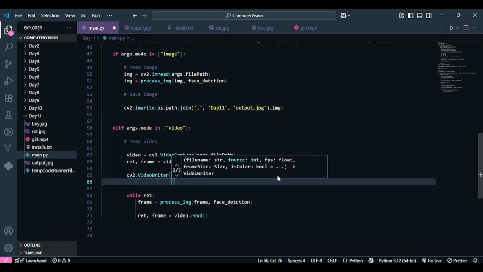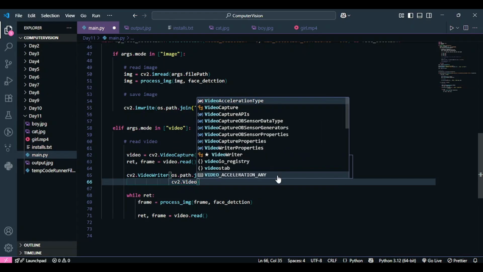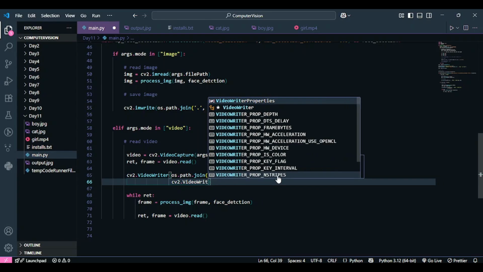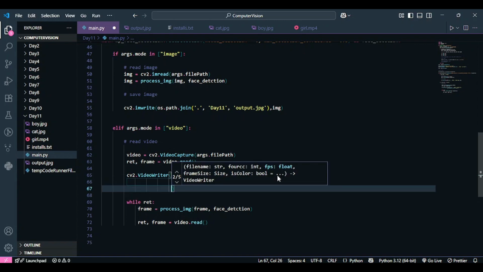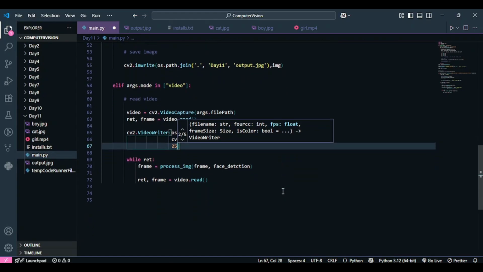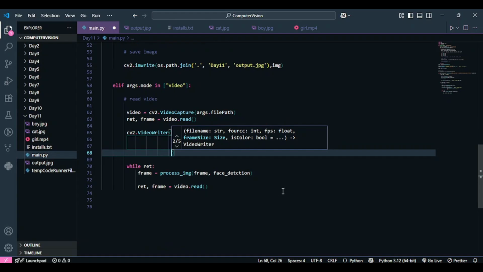Then I have to pass another parameter, which is basically just the format. So I'm just going to quickly write that out. Now I have to pass the frames per second. For now, I'm going to hard code the frames per second. I'm going to write that as 25 so that I get a smooth video. And then I have to write the frame size. Now the frame size is going to be the size of my image, right? The width and then the height of my frame.